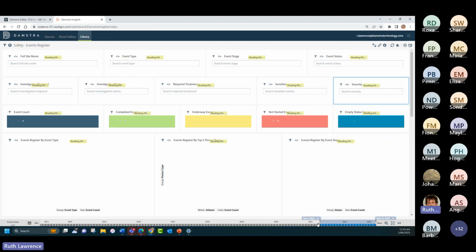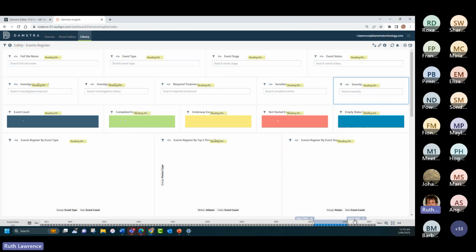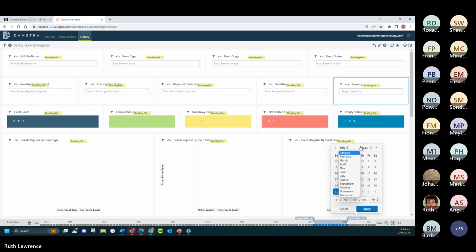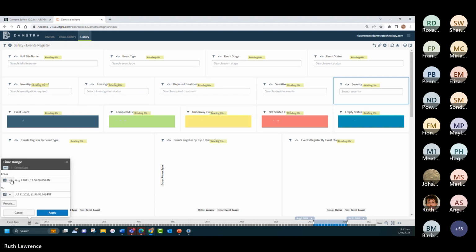Shifting my time bar, I might use from August the 1st for a year. Apart from shifting my time bar, I can also click on the calendar and use the calendar and the date. Or I could come over here to this calendar and you'll see that I have a static date, but I could also make that a dynamic date